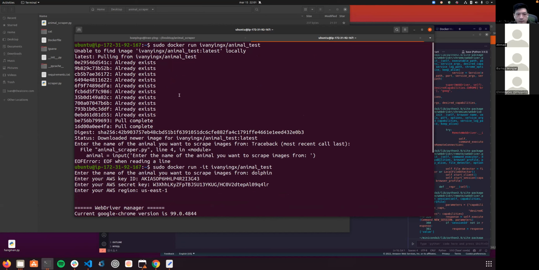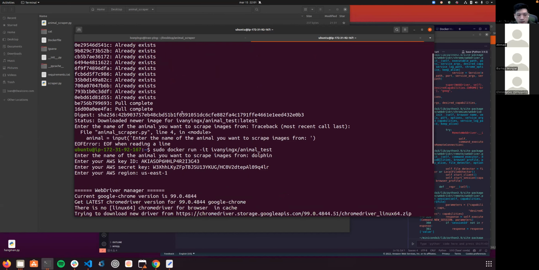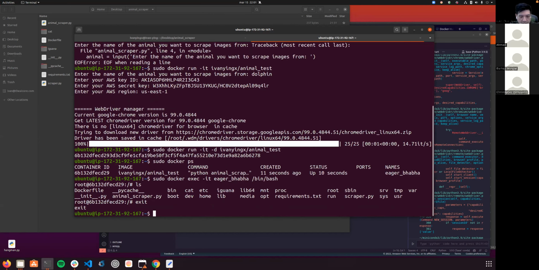Let me just start over. I think now I have a clearer explanation. Basically, the first time I ran it, it didn't find it, so what it did was sudo docker pull and then run. If it doesn't find an image, it will do sudo docker pull with the name of the image, let's say